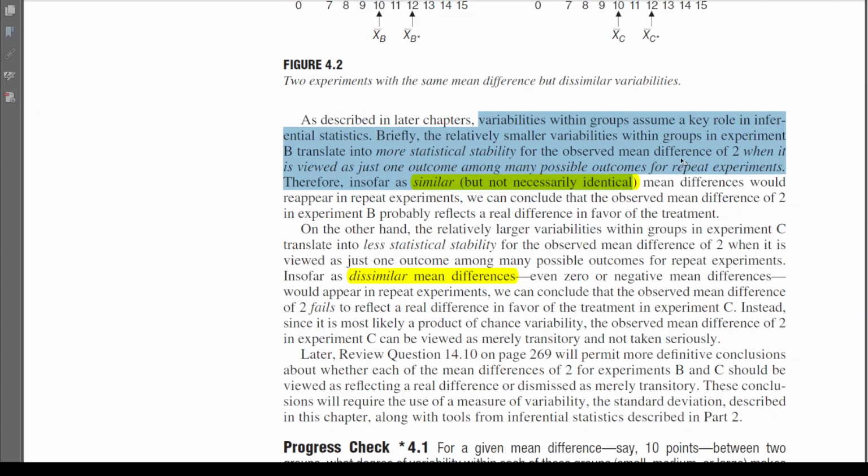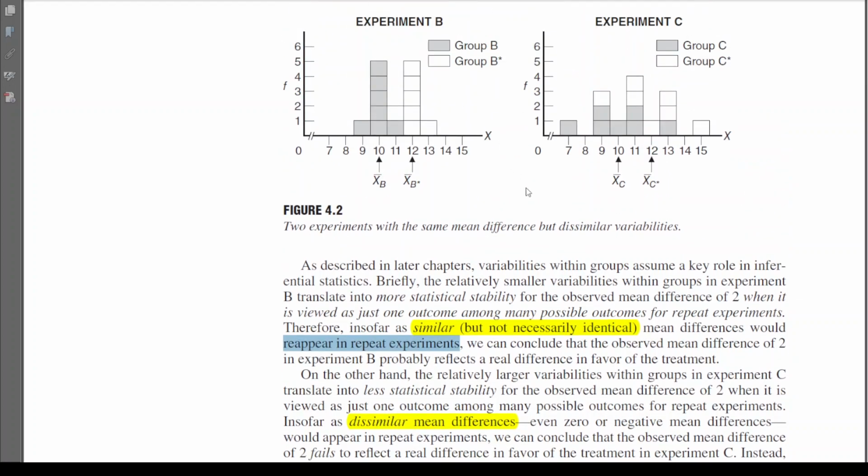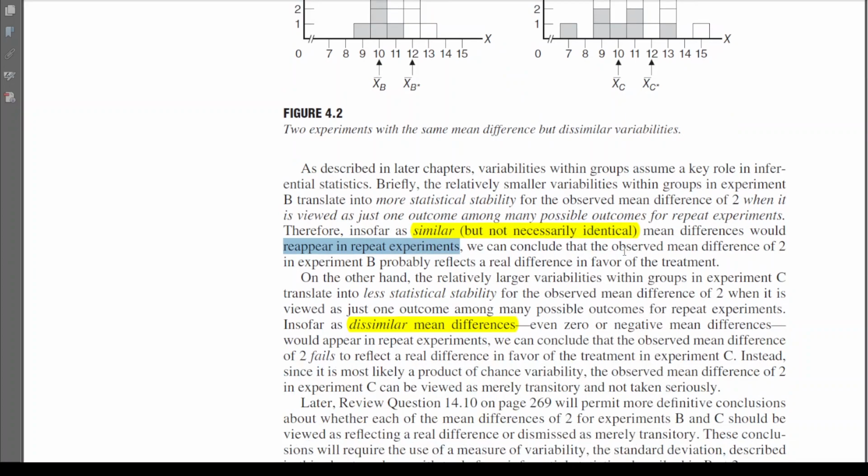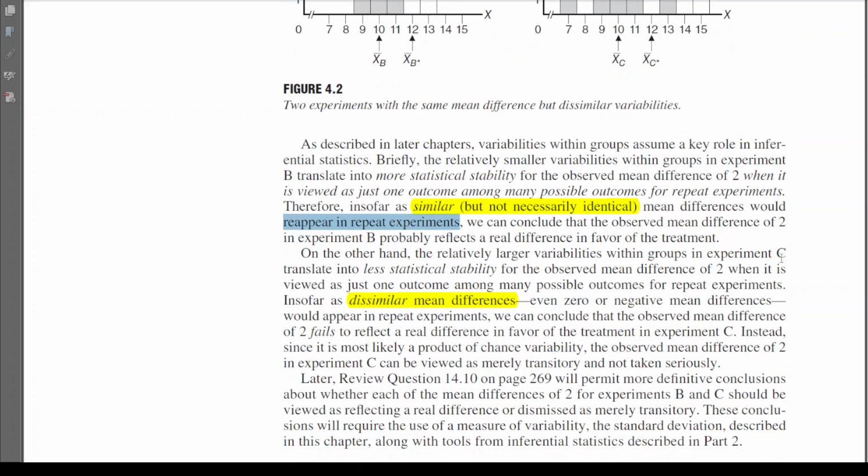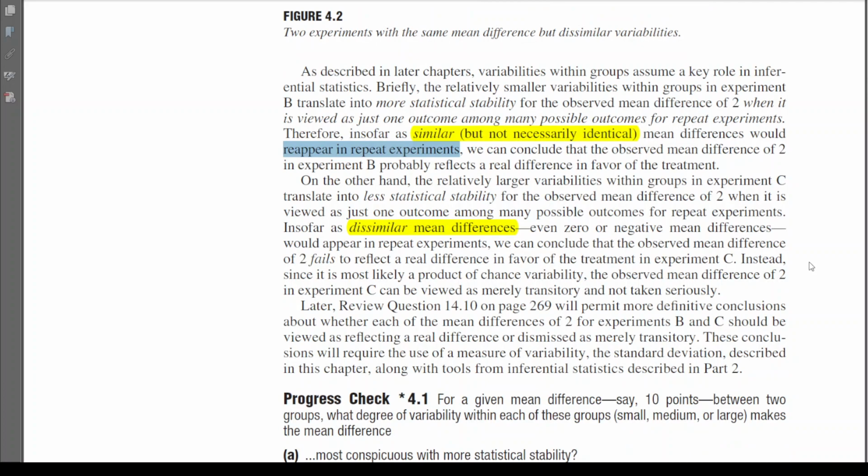So what it says is that, insofar as similar but not necessarily identical mean differences would reappear in repeat experiments, in repeat experiments we would find similar, though not the same, mean differences in future experiments as well. From that we can conclude that the observed mean difference of 2 in experiment B probably reflects a real difference in favor of the treatment. On the other hand, the relatively larger variabilities within groups in experiment C,